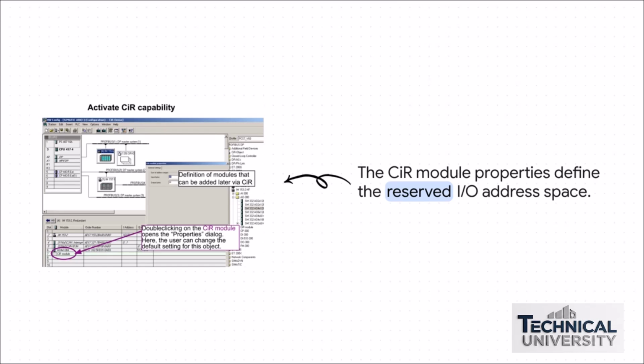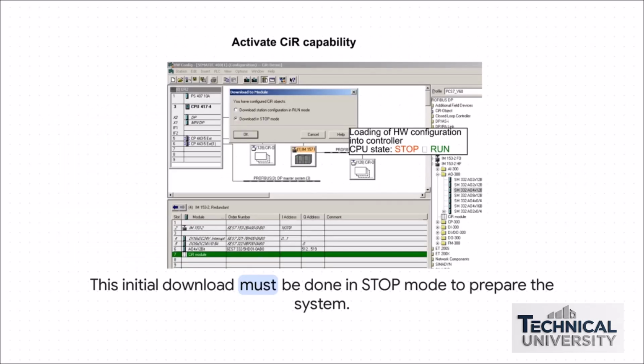When you open the properties of the CIR module, you're defining the reserved I/O address space: how many input and output bytes to set aside for the new cards you'll be adding to this specific station. I cannot stress this enough. After setting up all your reservations, this first download has to be done in stop mode. This is non-negotiable. It's the step that locks in those resource reservations and prepares the live system for all the